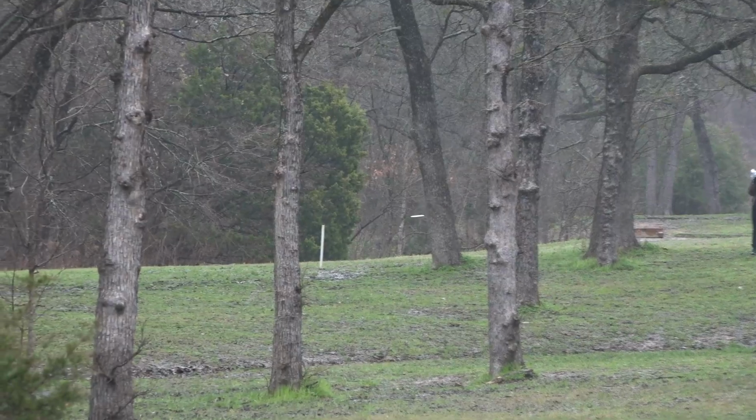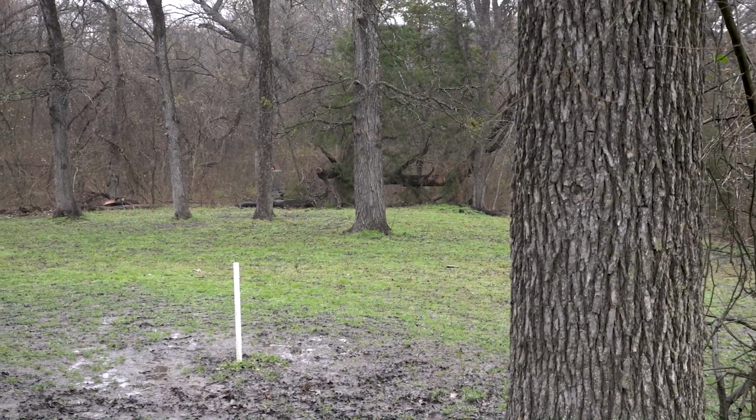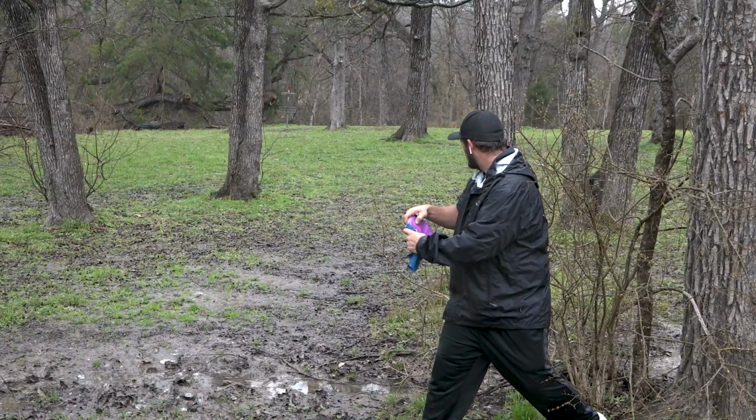There's that hyzer flip that you were talking about from Trevor, and he's throwing those really well. Nice and smooth. Super well. And that looks like the best result of the bunch so far. He may have a little obstruction with that tree, but...